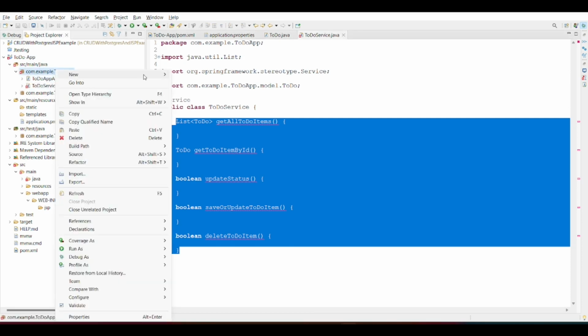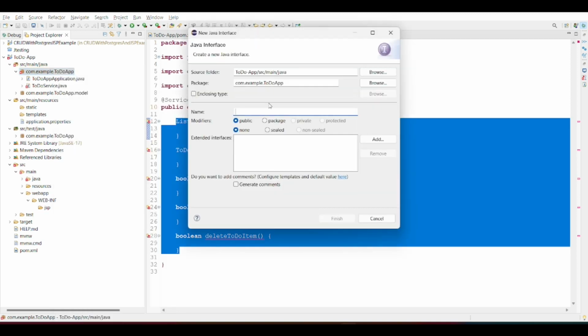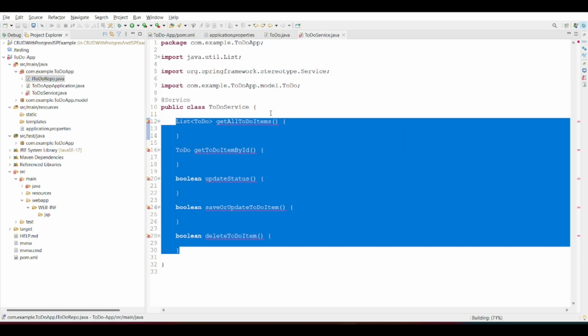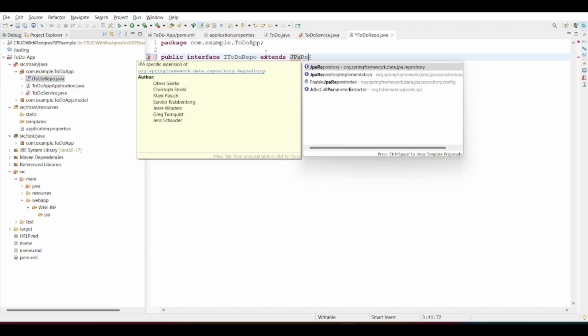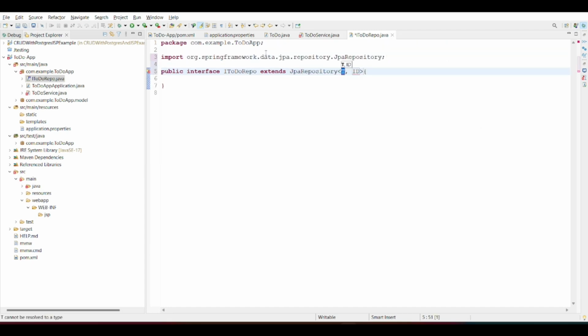So this is going to be an interface, ToDo repo. Here we are going to do something different. We are going to use JPA. So JPA gives us JPA repository through which we can have our CRUD operation. Here we need to provide the type, so that is going to be our ToDo, and ID as in the primary ID type, which is going to be long. Let's import this